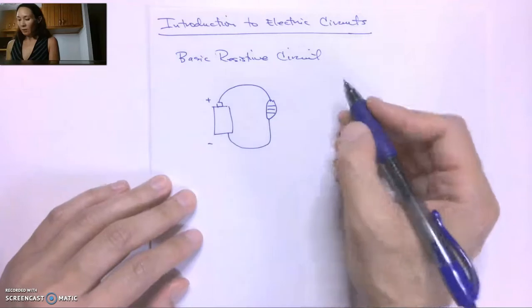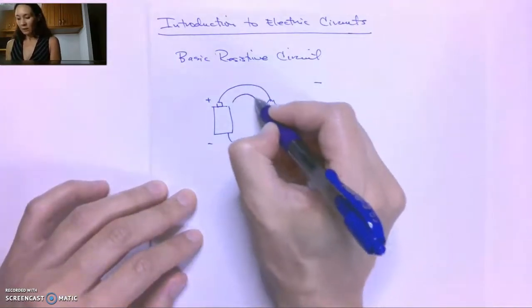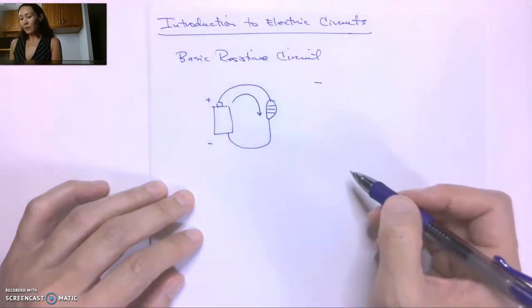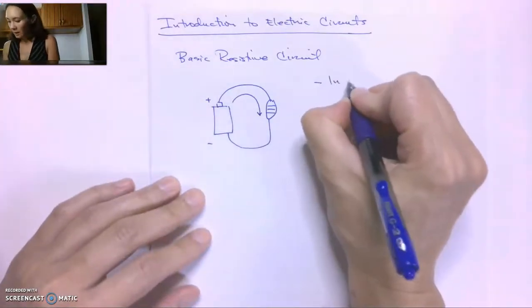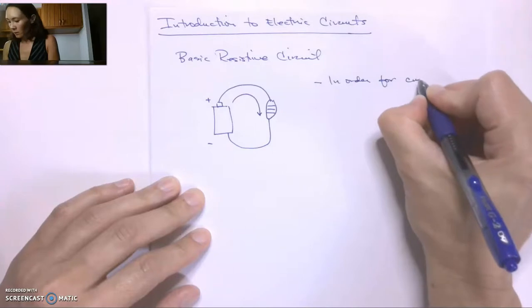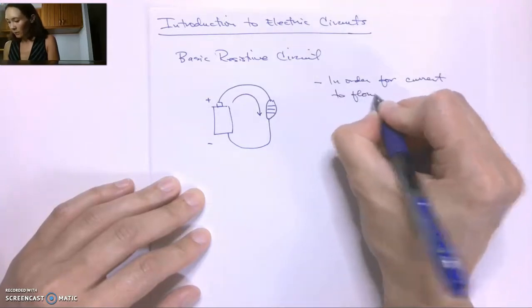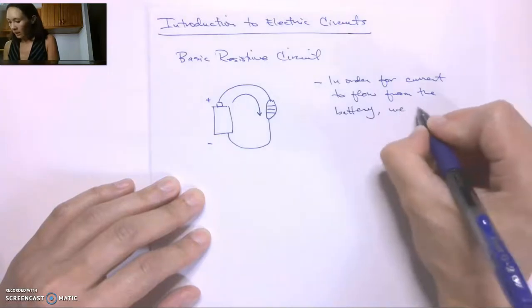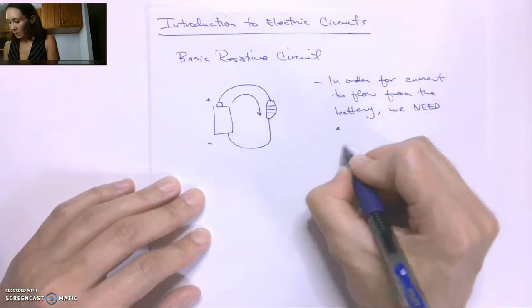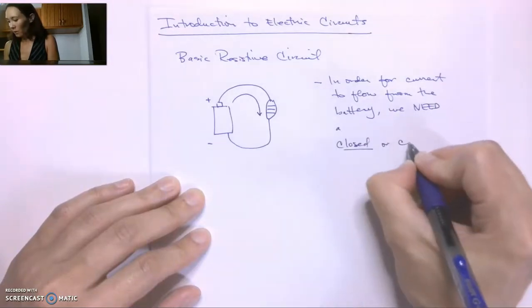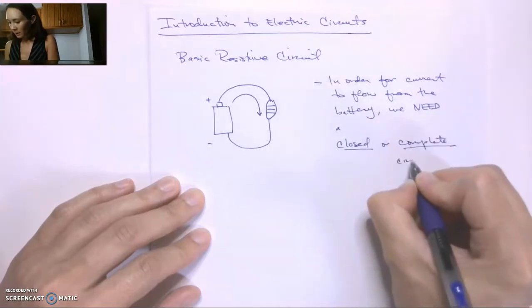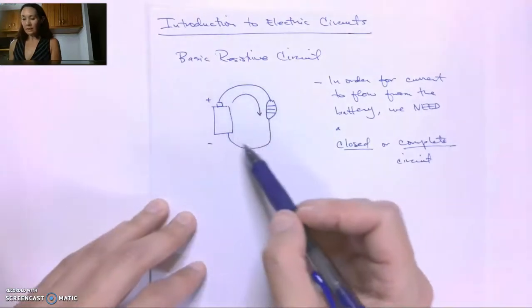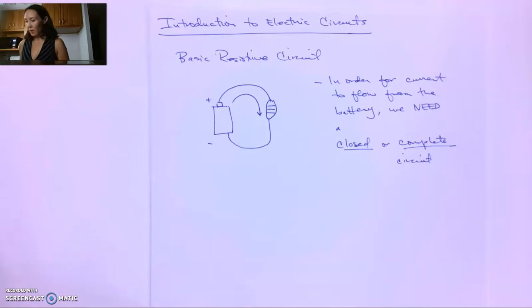Now, a key important thing here is that in order for current to flow from the battery, we need what's called a closed or a complete circuit. That means that there are no breaks in this wire, no holes, no openings anywhere. It has to be closed. Anytime you have an open circuit somewhere, all the current flow in the entire circuit is going to stop, assuming there's